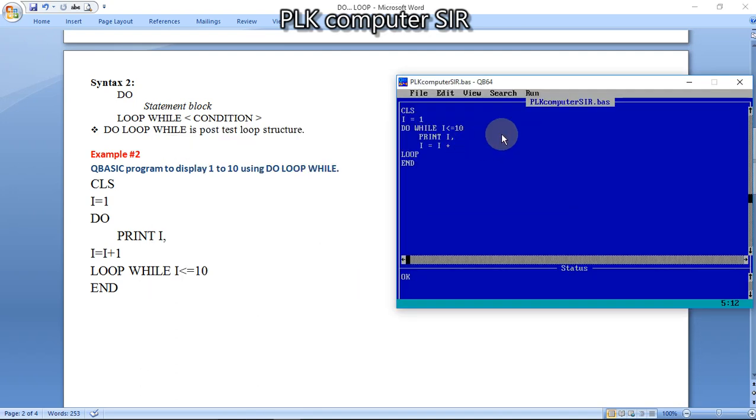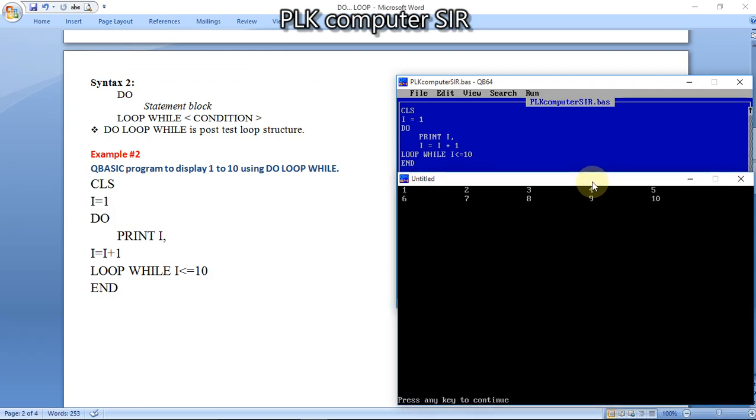I was unable to edit, there's some technical problem. I equal to 1. Then we use the do keyword, and after it the statement block: print I. Similarly, I equal to I plus 1, increase by 1. After that we use the condition loop while I less than equal to 10, then we terminate the program by end. Now I am running this code.